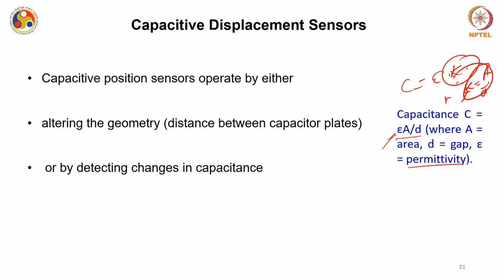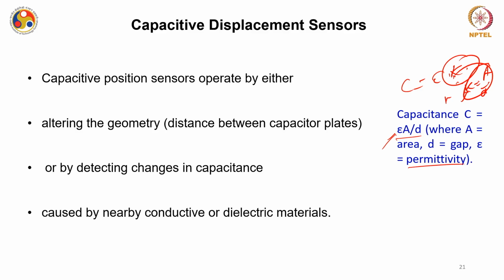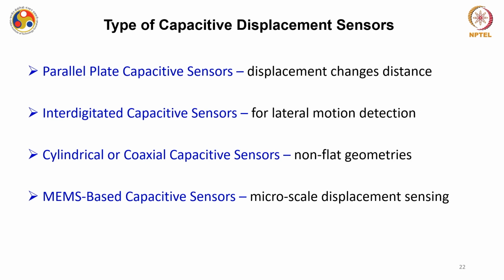It can be measured by altering the geometry or by detecting change in the capacitance caused by a nearby conductive or dielectric material. This is just one configuration, the parallel plate configuration, but they exist in different form factors. Parallel plate capacitive sensors are mostly suitable for displacement changes